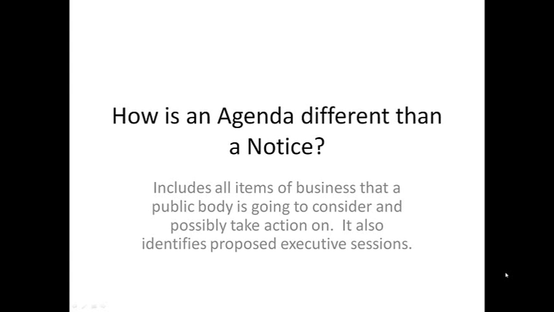All right, so now then let's look at how an agenda is different than a notice. Now the notice was our save the date equivalent of the wedding invitation information, and it gave details that were limited to date, time, and place. So what we have now in the agenda is that the agenda actually flushes out the details and all the particulars. In fact, it not only identifies the items of business the public body is going to consider, it also specifies if there's any action that will be taken.